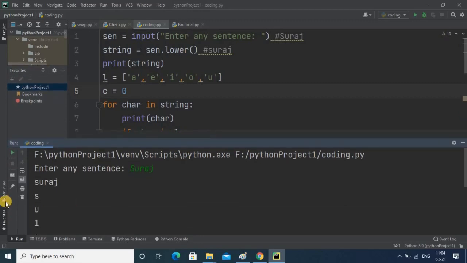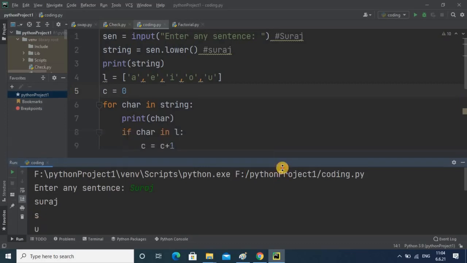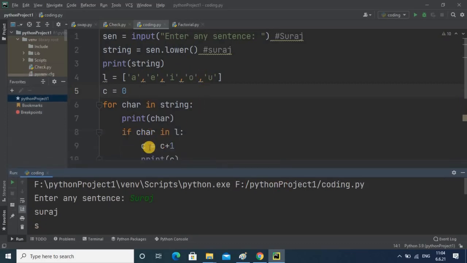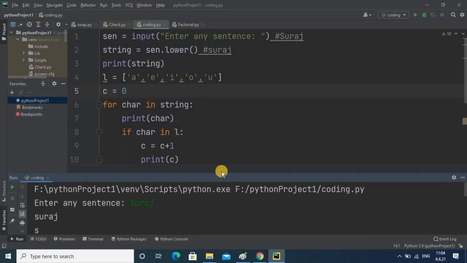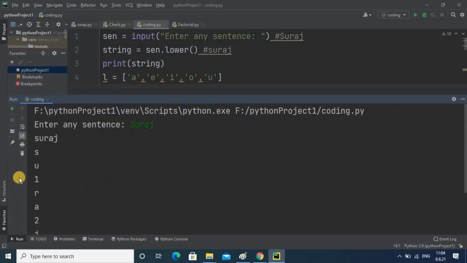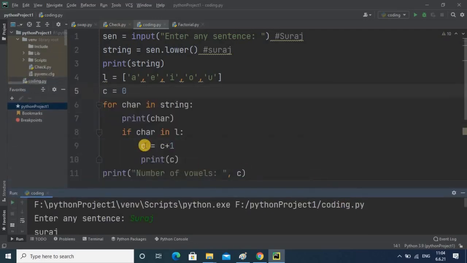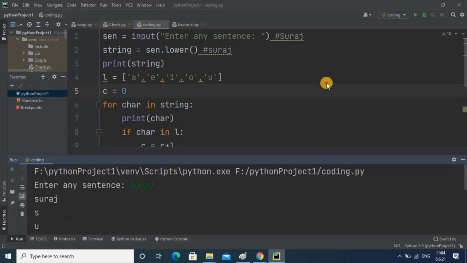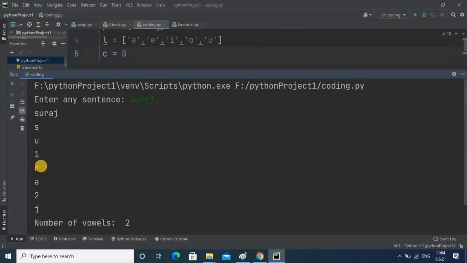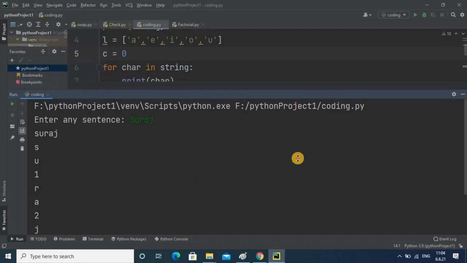The counter value is not changed because S is not a vowel. Then next is U. U is a vowel, so it is present in that list. This statement is executed, c equal to c plus 1, and c is incremented by 1, so c value will be 1. R is not a vowel, then A is a vowel, so it is present in the list. The counter value changes by 1, so it is 2 and it prints that output statement. Then after RA there will be J, which is not present in the list.